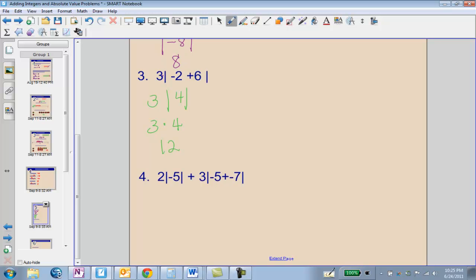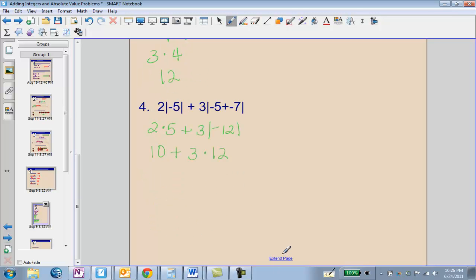In example number 4, I have 2 times the absolute value of negative 5 plus 3 times the absolute value of negative 5 plus negative 7. So I can go ahead and take the absolute value of negative 5, which is 5, and understand that 2 is being multiplied by the absolute value of negative 5. Then in the next part, I need to add the negative 5 and the negative 7 to give me negative 12. For my next step, I can multiply 2 times 5, and at the same time find the absolute value of negative 12, which is 12. Obviously, I'm going to multiply before I add, so I end up with 10 plus 36, which gives me 46